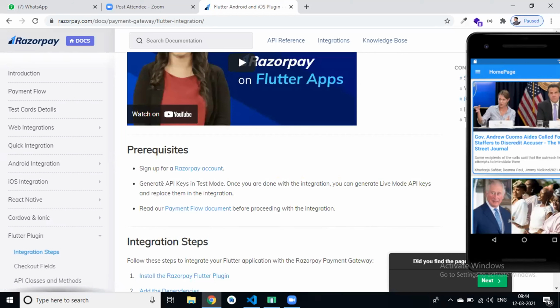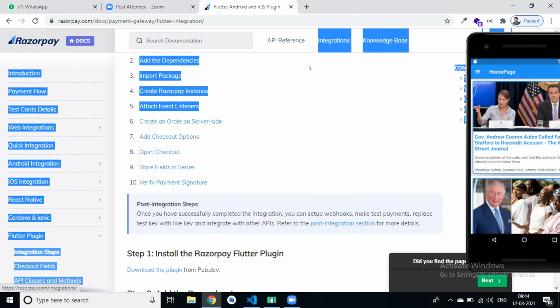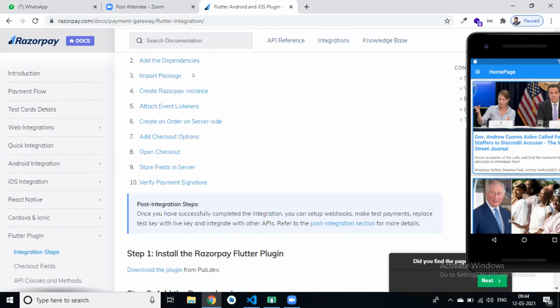Okay, then what is our first step? Add the package in your pubspec.yaml file, then import the package. Then the third step is create a Razorpay instance, then attach an event listener. What is an event listener? Sanwaj, what is an event listener?